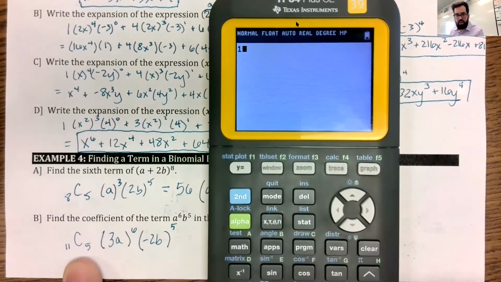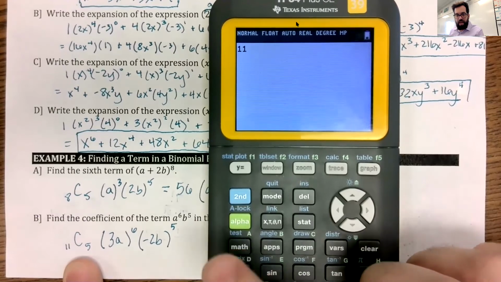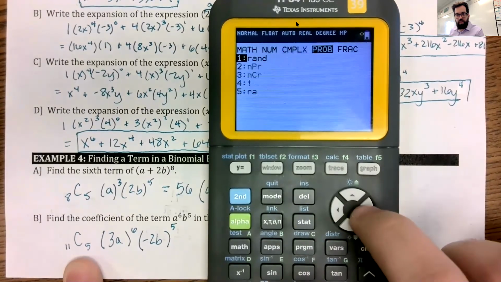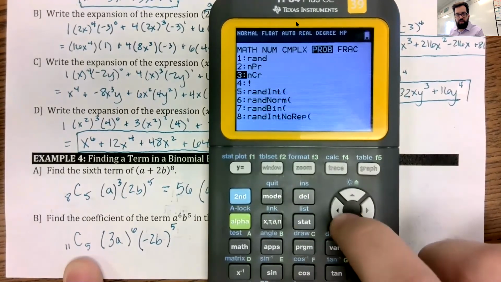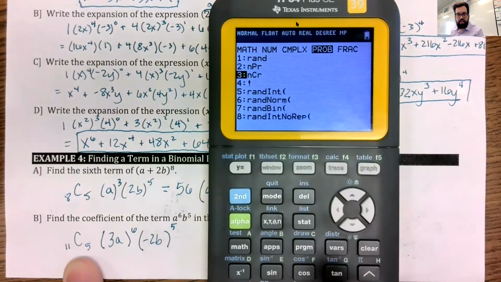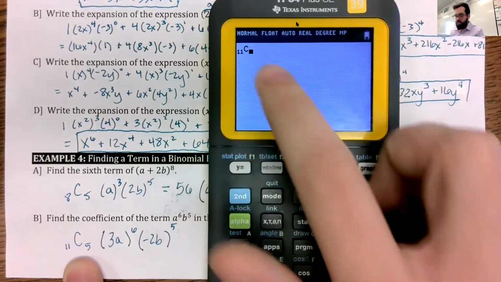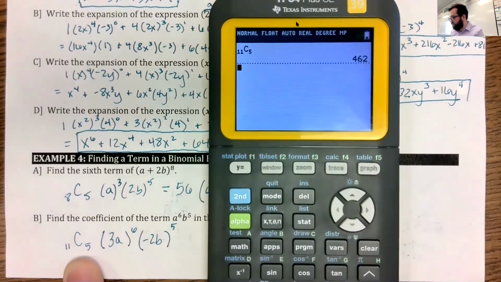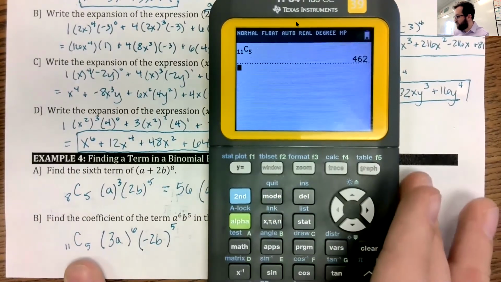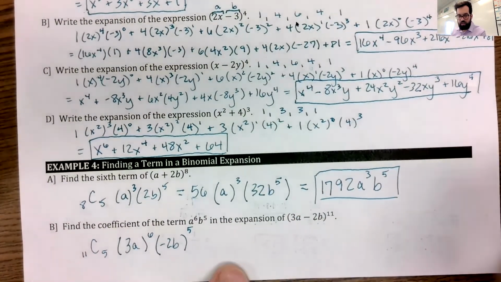So if you type in the 11, we're going to go to math, probability, and here we have NPR and NCR. We're using NCR, so I hit the number 3. So we have 11C5, and it's telling me right now that's 462. So that's all I needed here. So we have